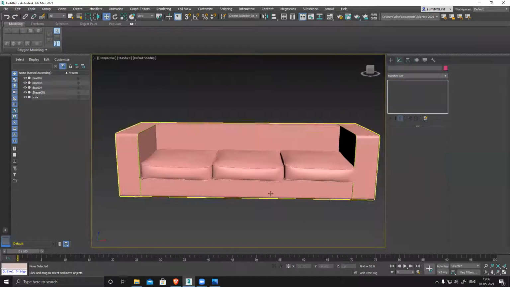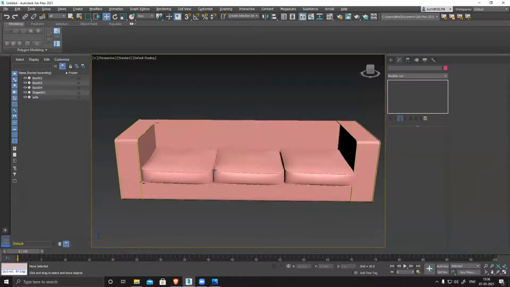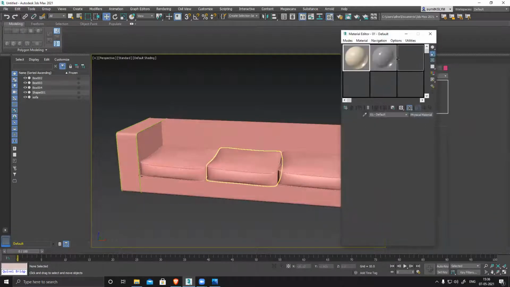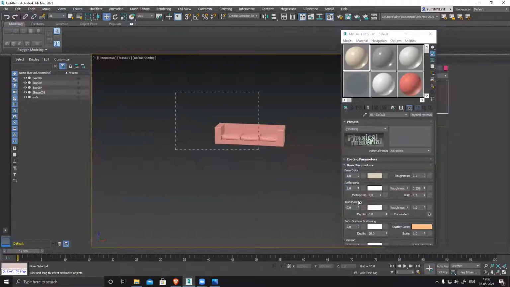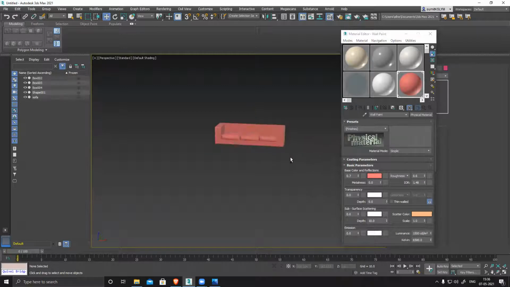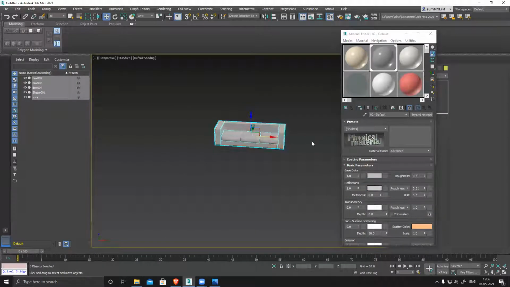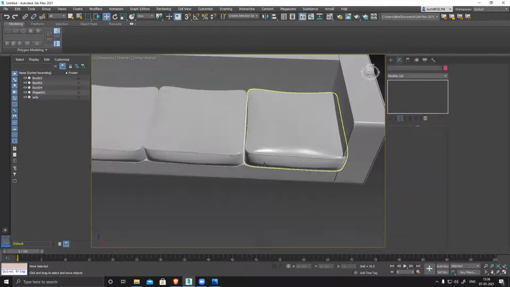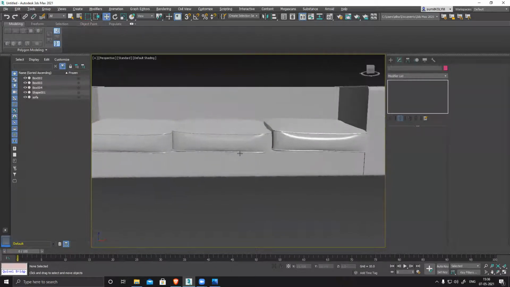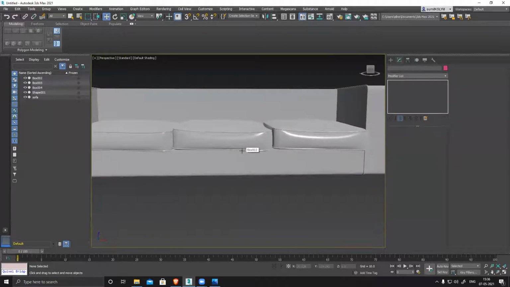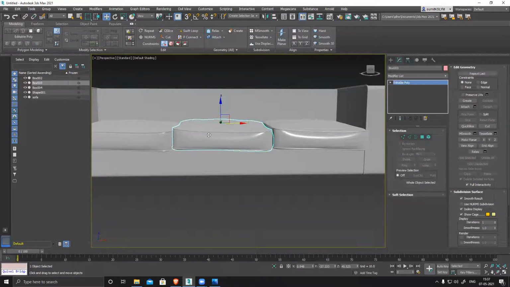You can see my sofa, nice puffy, smooth, soft edges, everything is clean. I just apply a basic modifier, some material. This only. Or maybe this gray. This is fine. You can see nice, smooth, clean. But whenever we create any shape, one thing we need to keep in our mind, like in real life, if you have a sofa, all the cushions, when they are created, are exactly the same, but when we start using it, the puffiness and everything are not exactly the same.